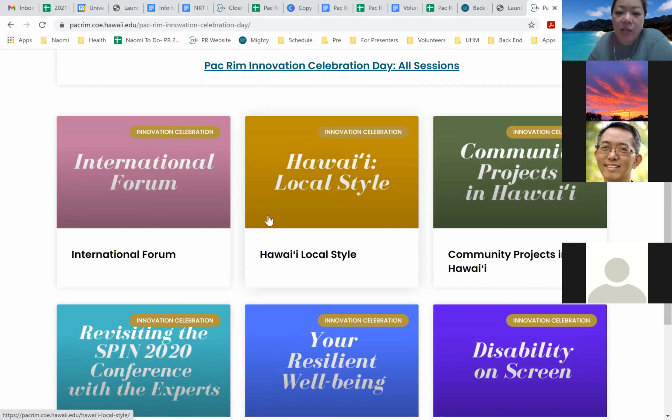A lot of them are CDS projects, as you know, some of our partners, some people in the community that we work with. So this is sort of a separate thing, a more celebration with different types of sessions.